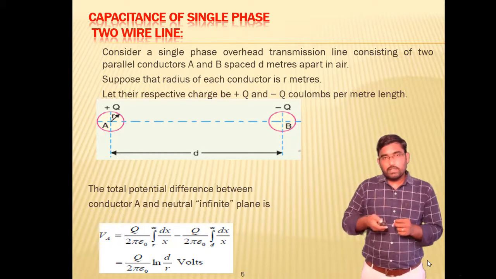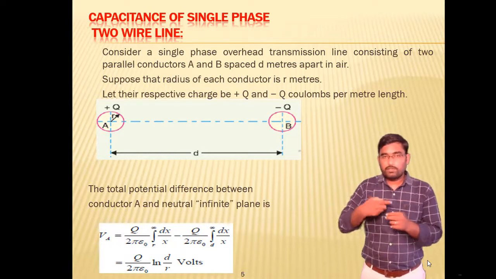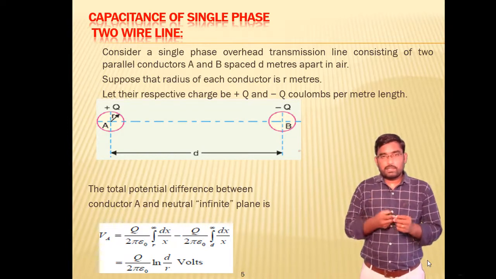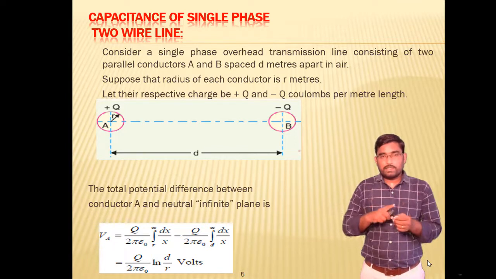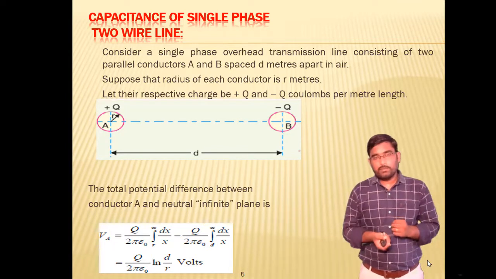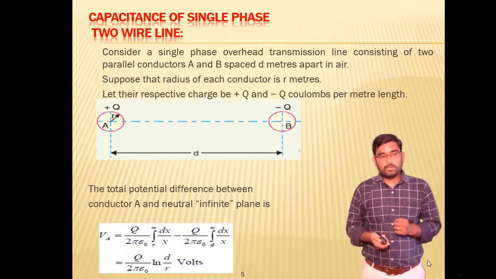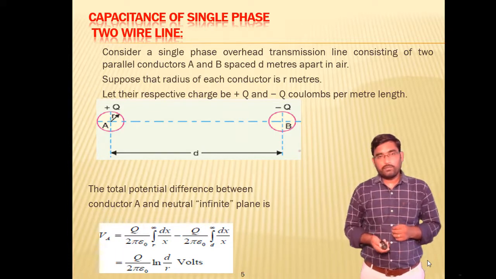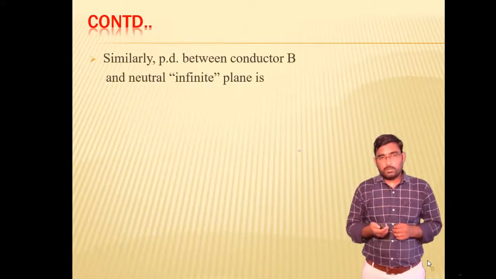That first term is related to the potential at conductor A because of its own charge. The second term is the potential at conductor A because of the charge of conductor B. Now, by simplifying that, we get Q by 2 pi epsilon naught ln of d by r. So, after getting the potential,